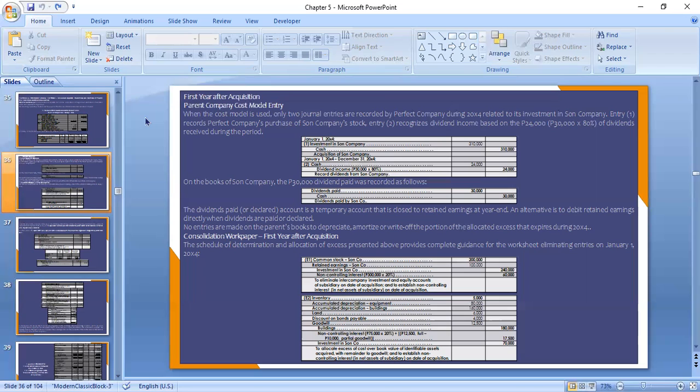Then we credit to buildings, credit to non-controlling interest at